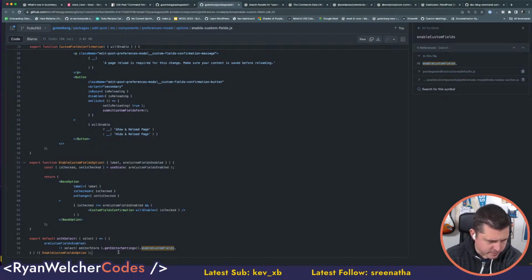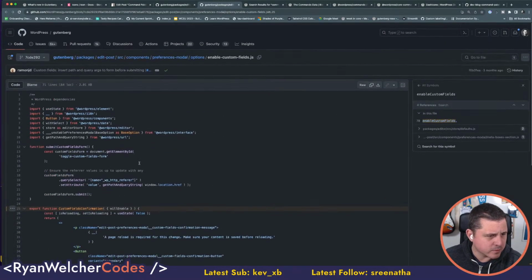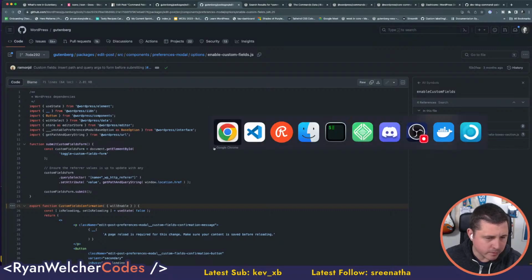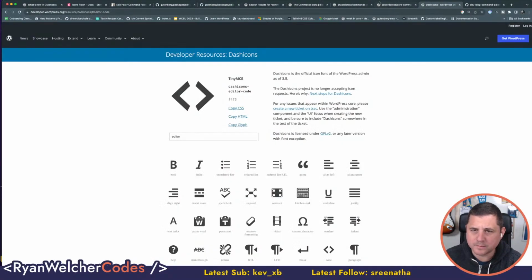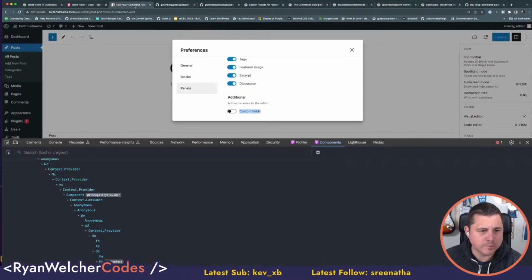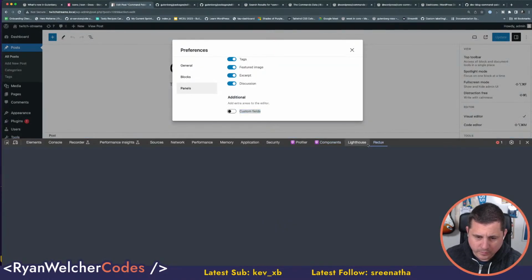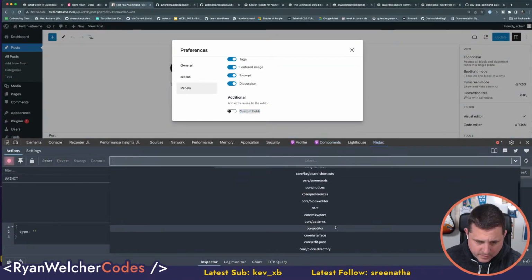So get editor set. Oh, maybe it is enable custom fields. So maybe editor store. What's editor store come from? It comes from editor. Okay, so I think we could probably find where I am here. So I think it is editor, but this is editor,